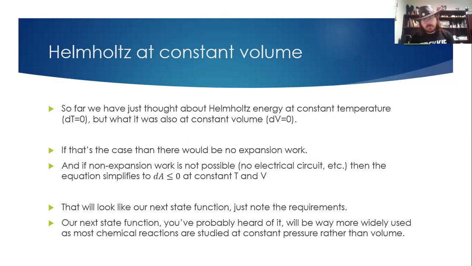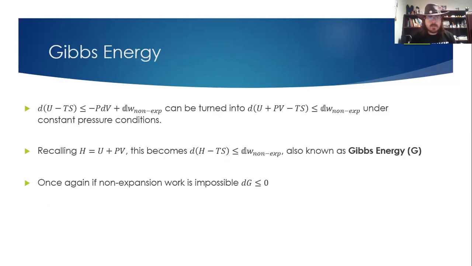Next state function, you should have heard of it if you've been through general chemistry. We'll use this way more widely, because we typically look at constant pressure rather than constant volume. And that's our Gibbs energy. Using our same equation, our dU minus TdS equals negative P dV plus dw non-expansion. We could flip that P dV to the other side. And U plus P dV becomes enthalpy. And when we say pressure is constant,